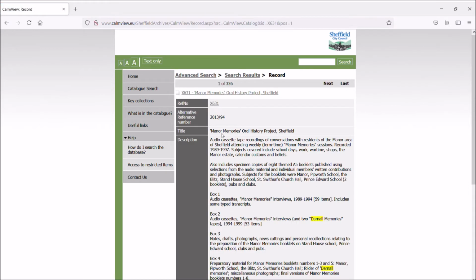And you can see with this example of the Manor Memories Oral History Project, Darnall is mentioned a few times in the description field. Obviously Darnall is not mentioned within the title because the title relates to Manor Memories. So if you were to search on the title field only for the word Darnall, this collection would not be in the hit list.